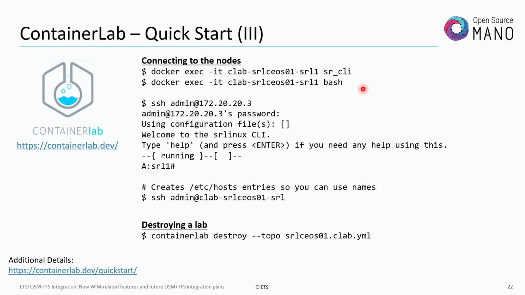That enables us to issue configurations if needed, or activate, for instance, other control protocols like GNMI, netconf, with data models like OpenConfig and so on. And well, destroying the box is also quite simple, just a command, and that's it.